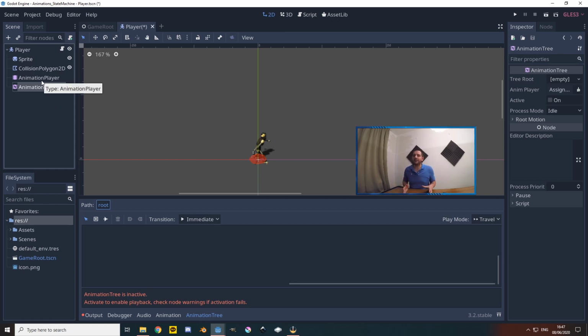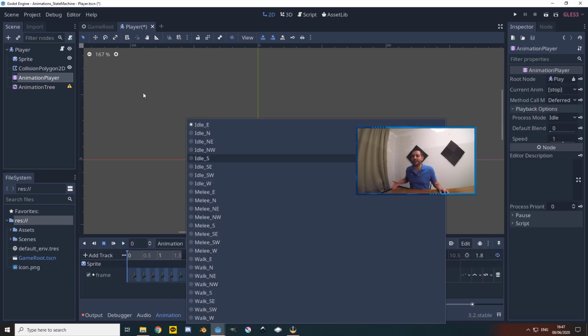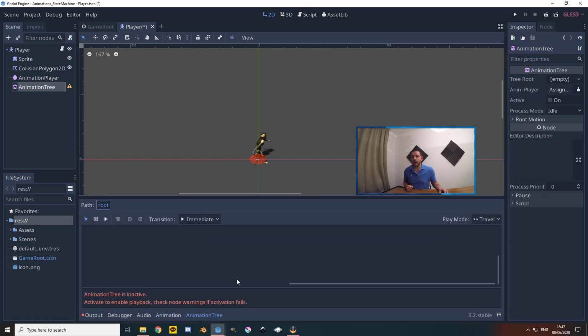So with that difference out of the way, let me also say that this entire project, without the tree here of course, is the previous tutorial where we have gone over the animation player and how to add all these animations. If you haven't seen that tutorial yet, or if you don't have something similar like this for a player or an enemy, then please watch the tutorial first and then come back here, else you would have a hard time getting this working. So with that said, let's fix this animation tree up and make sure that it's ready to go for our project.